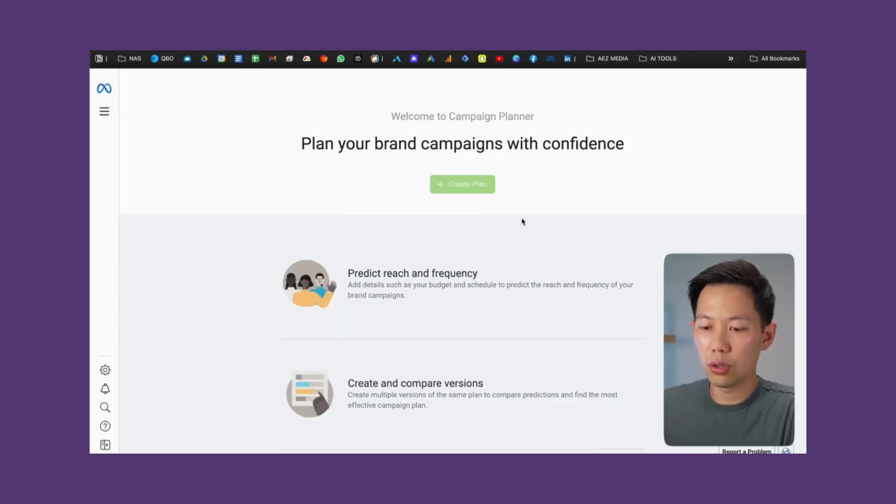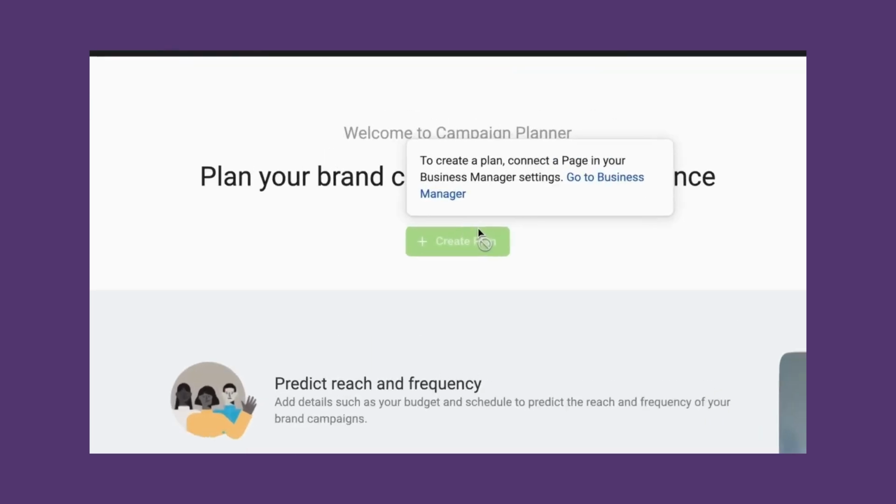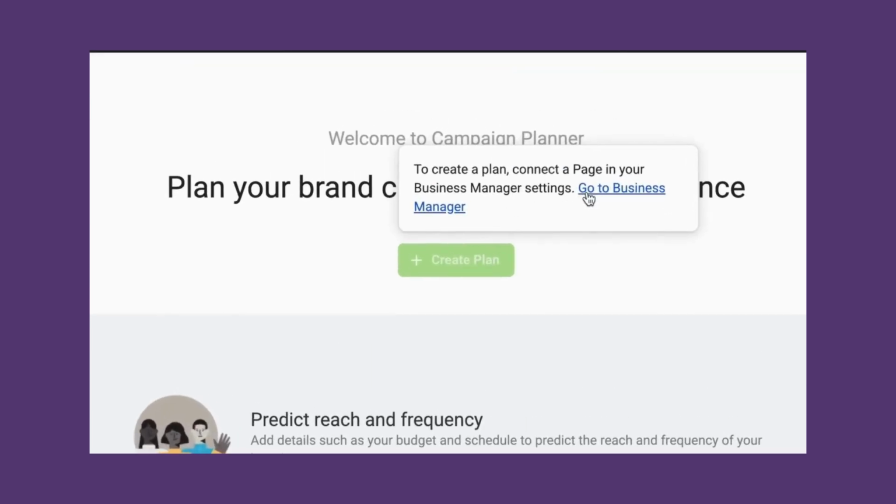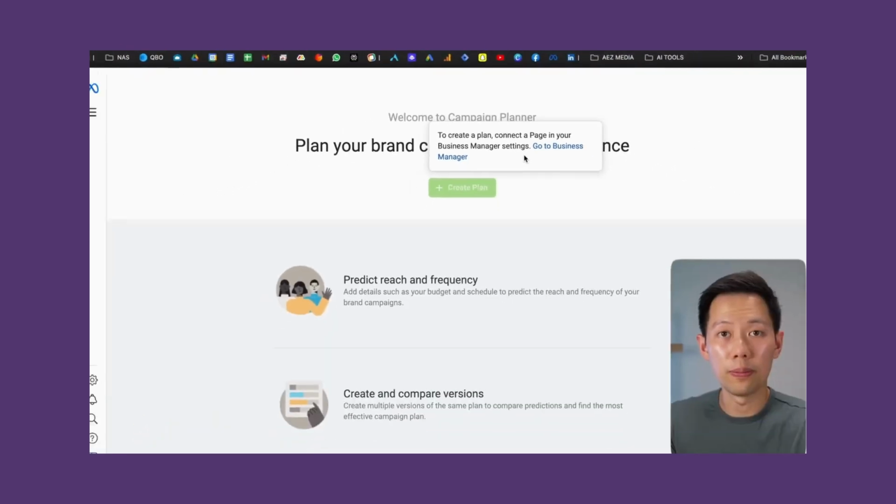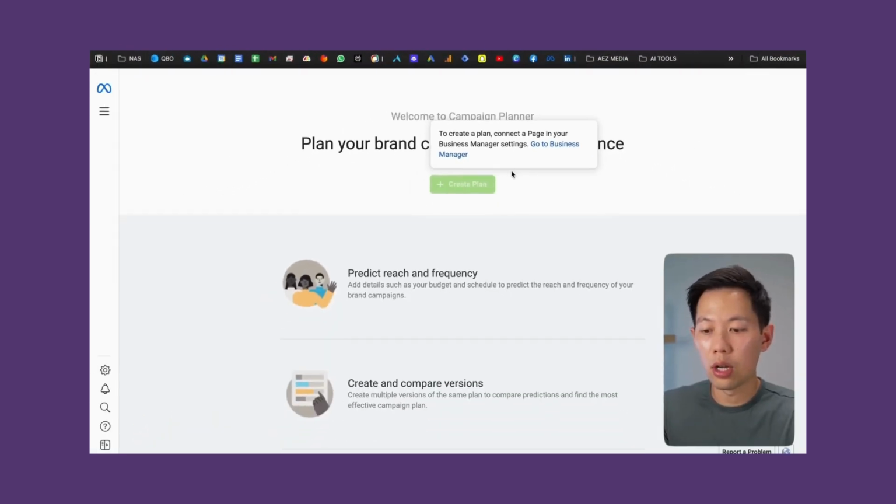And then if you don't have a page connected to your new Ads Manager, you can see here that you can just go to Business Manager and connect your page with your Business Manager. And then once you're able to do that, you can click Create Plan, and it will guide you through a plan and essentially give you a guide as to what sort of campaigns you need to set up. This is just a great beginner's tool to get you